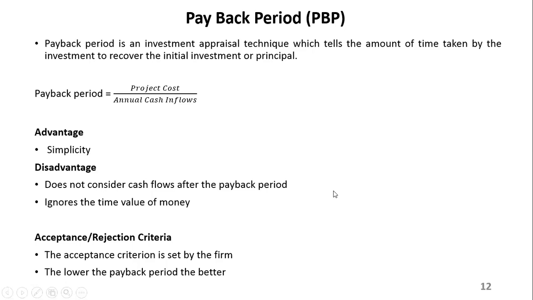In terms of accepting or rejecting, normally the company sets an acceptance criterion for the payback period. They can say, if a project is more than 5 years, put it on hold for now. Now we only want projects that have a payback period of 3 years or less. Maybe they can tell you something like that. Most importantly, the lower the payback period, the better. If you're comparing three projects, you can compare them in terms of their payback periods. The one where you can actually get a return on your investment quickly is the best option you might opt for.